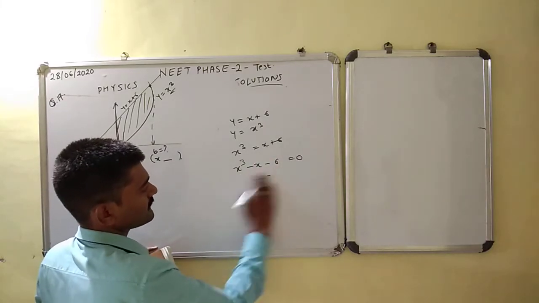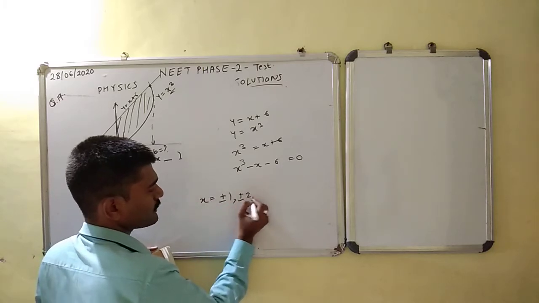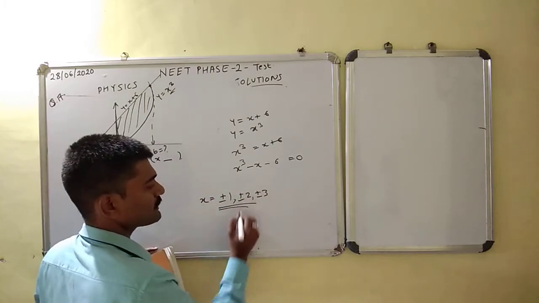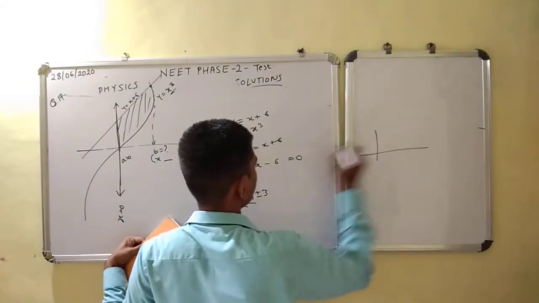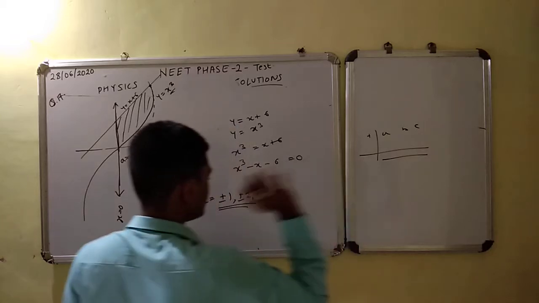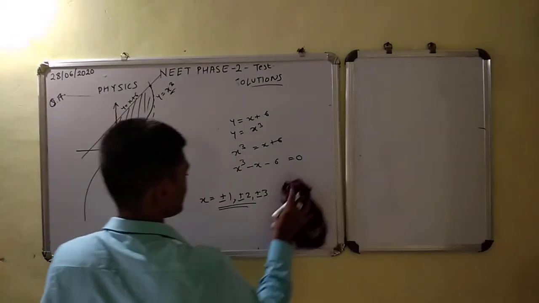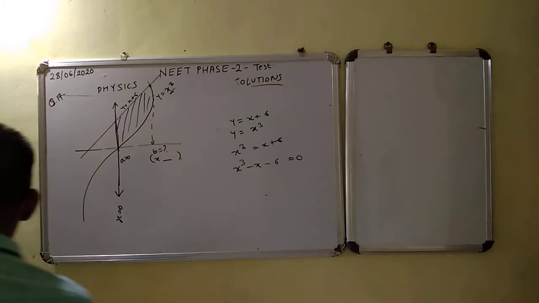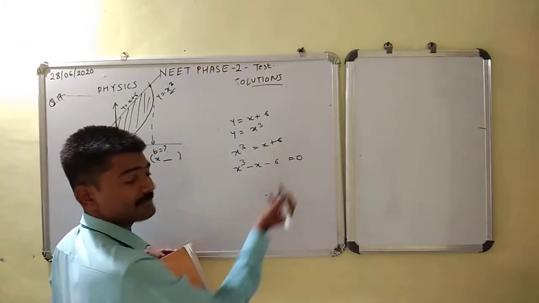So we have to check first x equals plus minus 1, plus minus 2, plus minus 3. If you find these values, then you have learned it last year. Otherwise, you take the coefficients a, b, c and form the equation, which you learned in 10th standard. But first you have to check. So if you check 1, is the answer coming? 1 cube minus 1 is 0, 0 minus 6 is minus 6, not equal to 0.